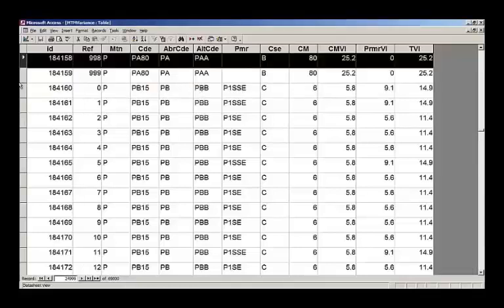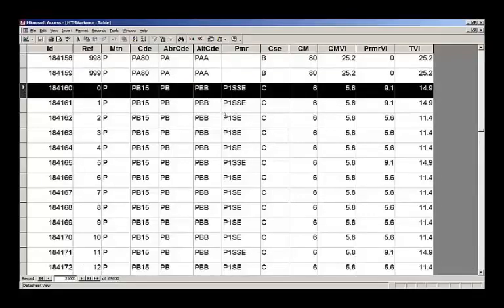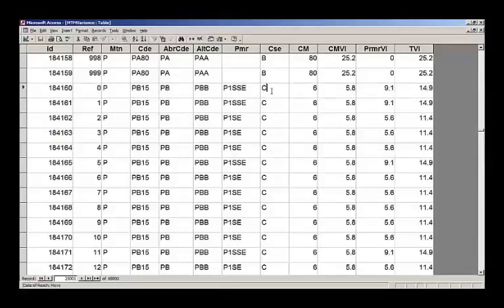But looking at the PBs, where there is a parameter, which is the P1SE or the P1SSE, we go across, it's always a case C move, that's the distance, 6. The next one is the VL, which is the value of that move. At case C, a 6 centimetre move is a value of 5.6. The parameter value of that P1SSE is 9.1, giving a total of 14.9 at the end there. So for that particular one motion, that's the value in the database for 9.